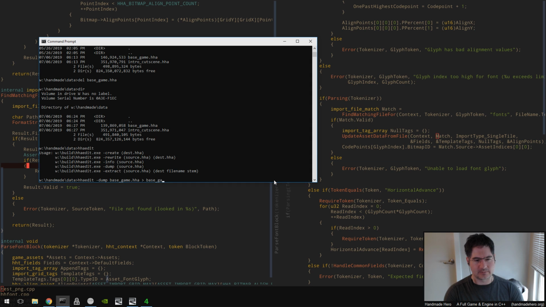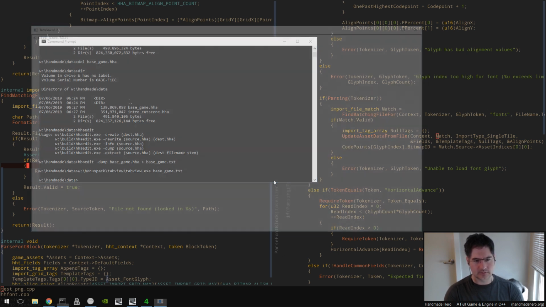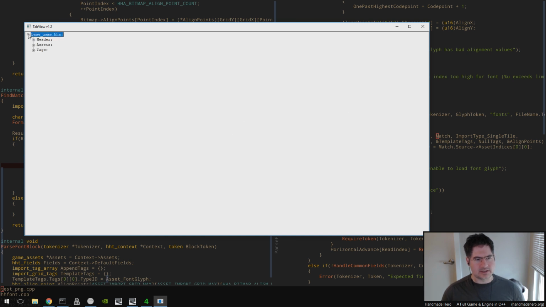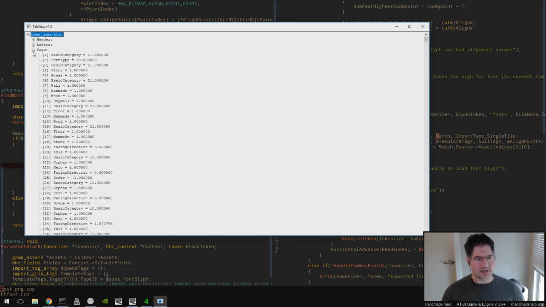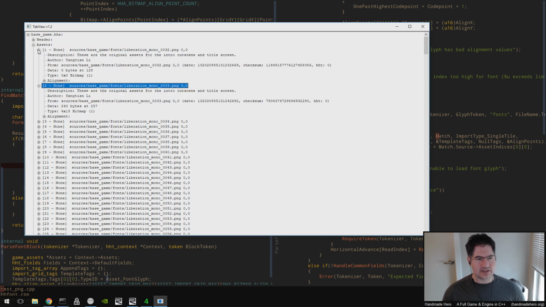to basegame.txt, and then I want to run tab view on it. So if I take a look in here and just see what I've got, I should be able to get the annotation for this thing. And if I look at these,